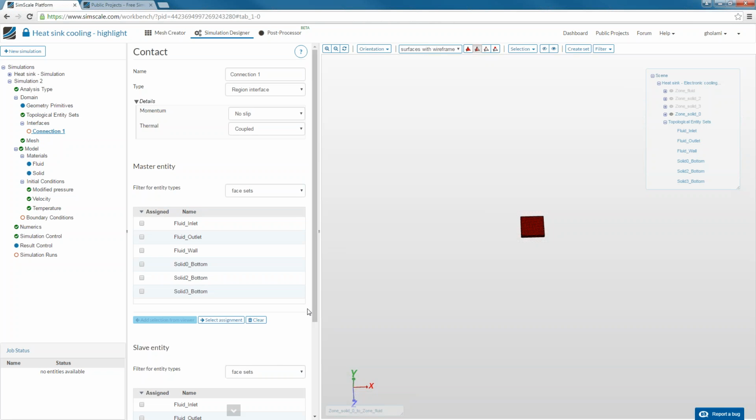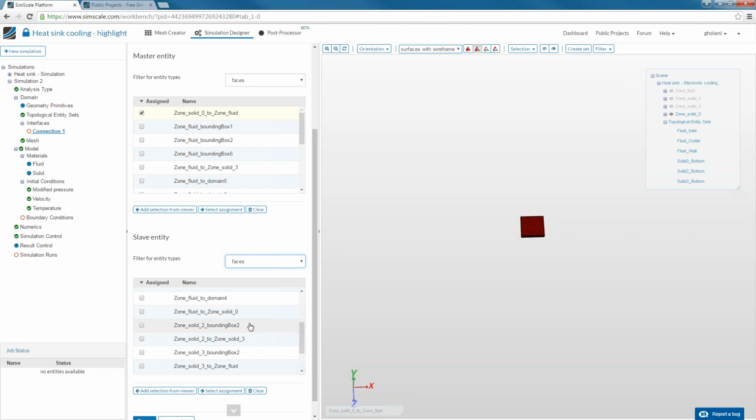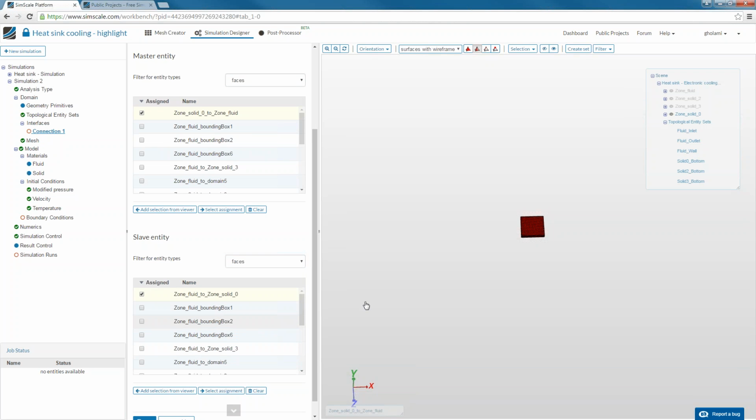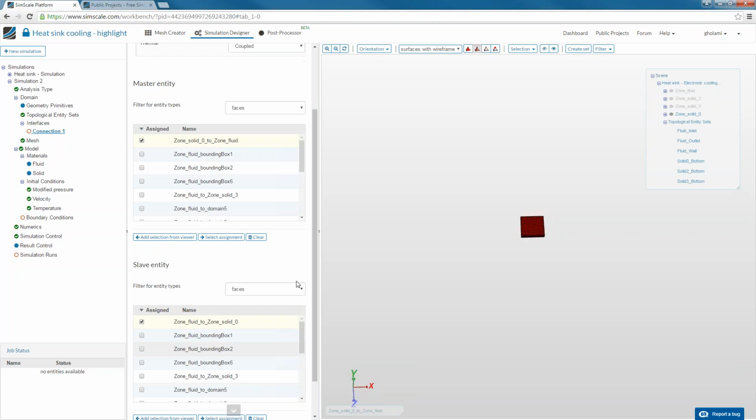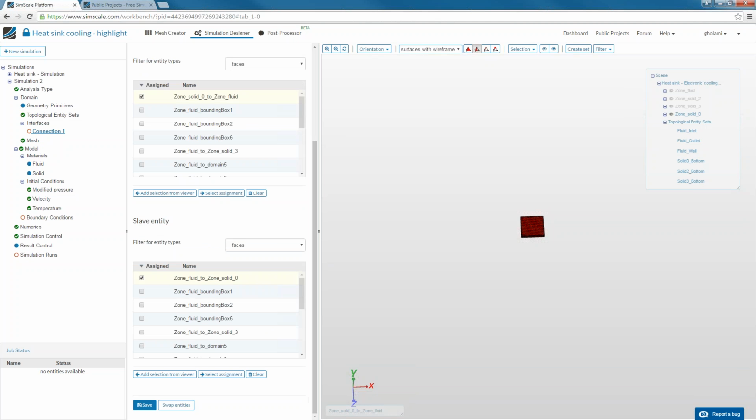And I will do the same at the bottom here. So let me change the face. I've selected it here. I click, that's where it appears. And I should also assign its conjugate, which is, in this case, this was solid 0 to fluid. So I have to choose fluid to solid 0 as its pair. So this is how we define an interface. One face here, one face there, the properties here. Maybe I can also give it a name, then I'll save it,